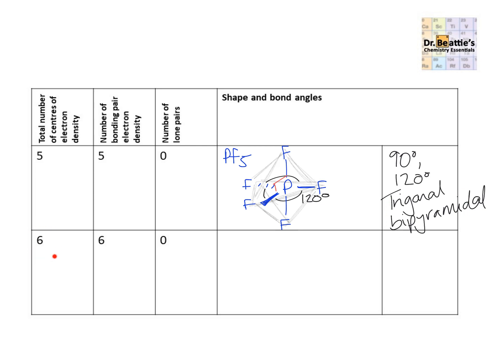The next shape that we're going to look at with 6 areas of electron density around the central atom is an example of a very common one, especially with transition metals. And what we're going to look at is the example selenium hexachloride. So selenium is our central atom. And this time we need to arrange the 6 chlorines around the selenium to get as far away as possible